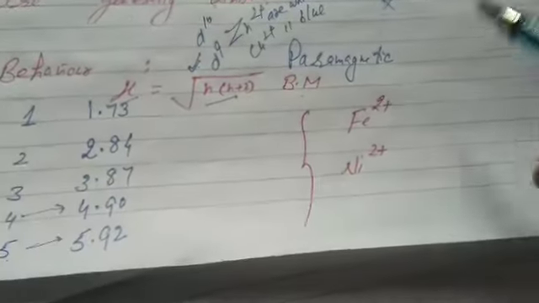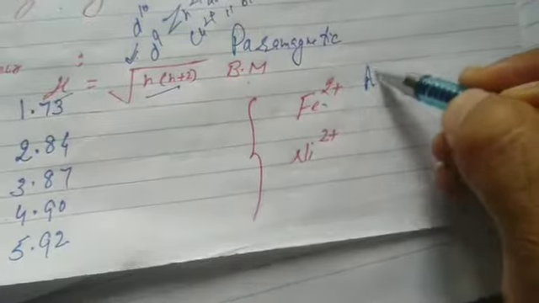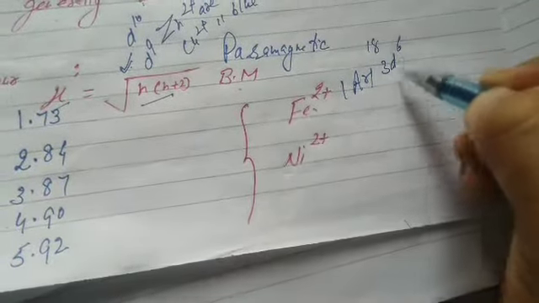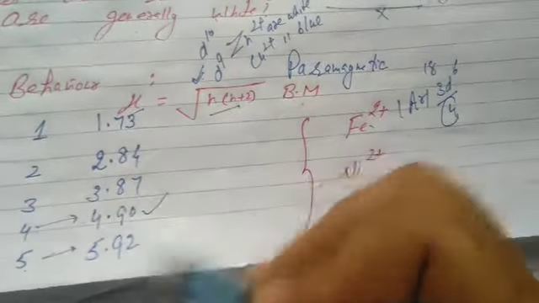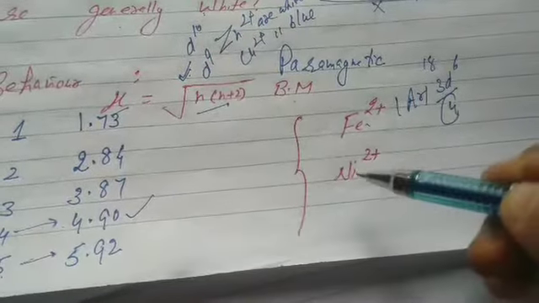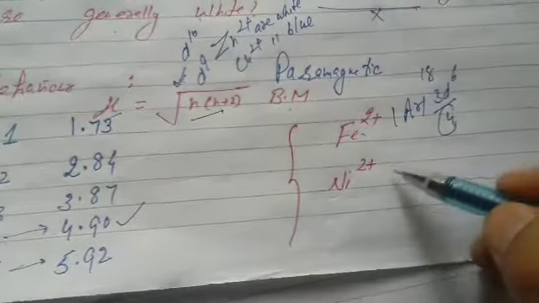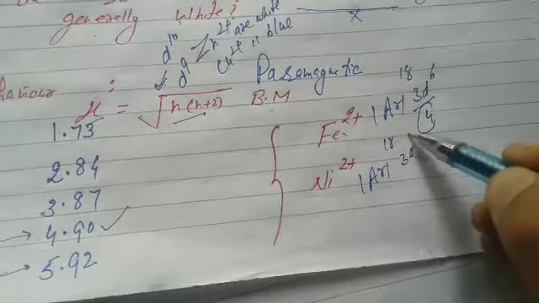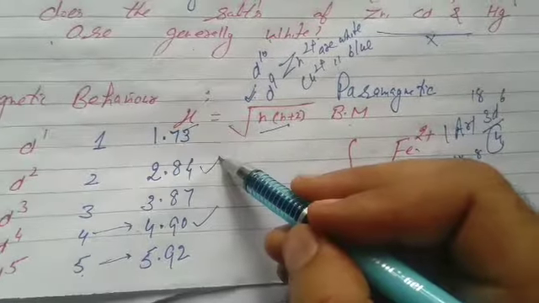Please, there are some questions. What is the magnetic moment of ferrous ion? And these are the options. Students, ferrous ion, argon 18 3d6. How many unpaired electrons are there? 4. So we will tick the option 4.90. How many unpaired electrons are in nickel 2 positive ion? Again, these are the options. But at first we should know the unpaired electrons: nickel 2 positive, argon 18 3d8. It is clear it has 2 unpaired electrons. We will tick the option 2.84.